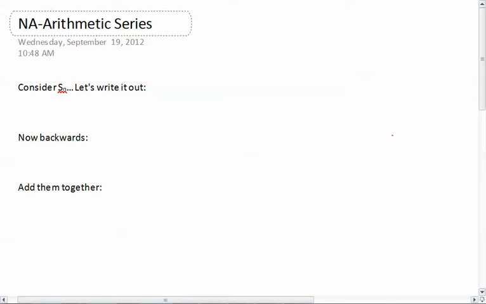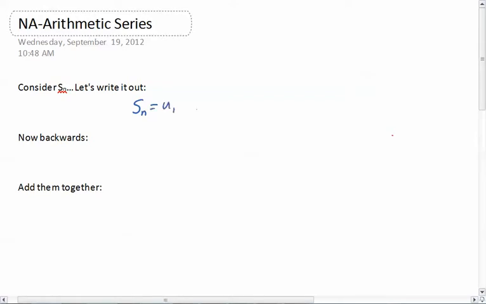Now, just like with the sequence, we were able to come up with a general equation that helped us solve for the general term. We can now create something very similar for an arithmetic series, which is essentially the summation of an arithmetic sequence. So let's first consider Sn. Sn in general means that I'm going to take, let me just write this out, Sn equals